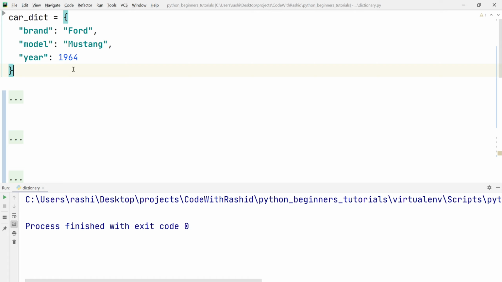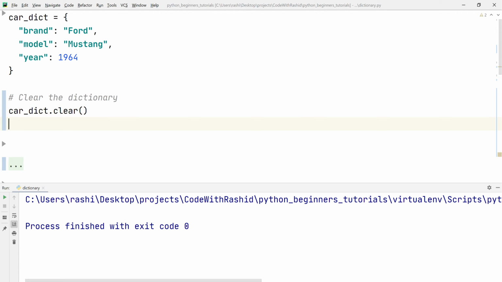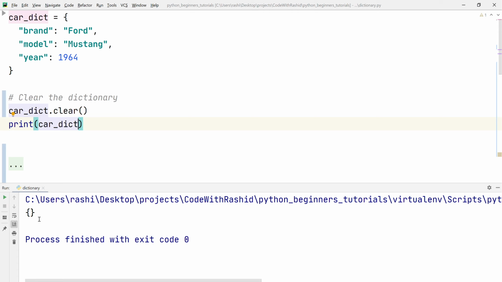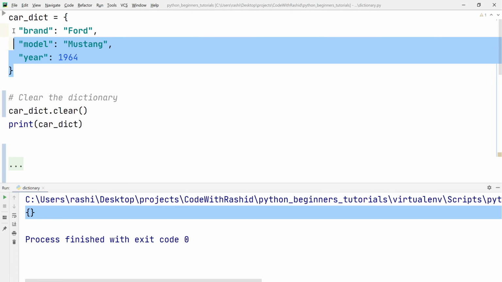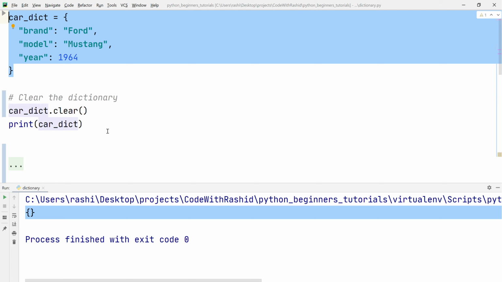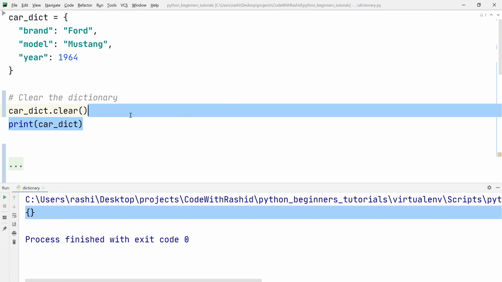In today's video we shall keep on learning more about Python dictionaries. So let's start with the first property, that is how do we clear our dictionary. To clear a dictionary we shall write the dictionary name first, that is cardict.clear() function. Let's print the dictionary and see what is the output. After running the program you can see that we have got an empty dictionary. So what's happening here? This clear function is removing all the key value pairs of the dictionary and finally producing an empty dictionary. So guys, this was our first property today.